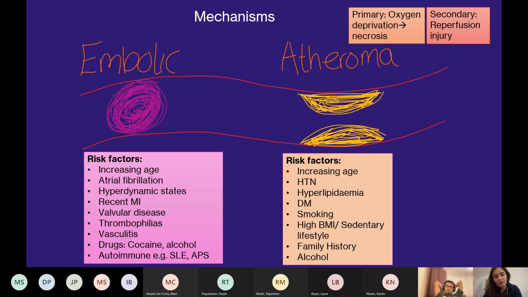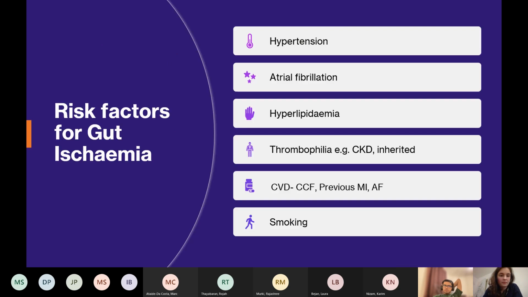Whereas with atheroma, you've got increasing age, high blood pressure, your hyperlipidemia, all your kind of classics, and a lot of these are modifiable risk factors. And so this would be some of the reasons why people would be put on statins. And it is also to bear in mind that alcohol can increase your risk, it ups your lipids as well. So that is kind of just the same thing again, just in a different format